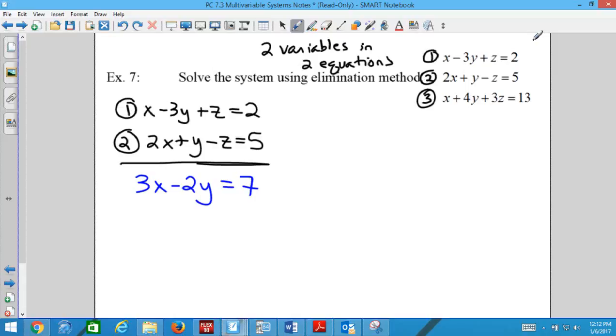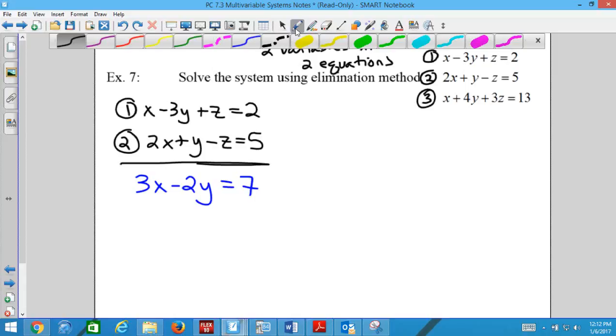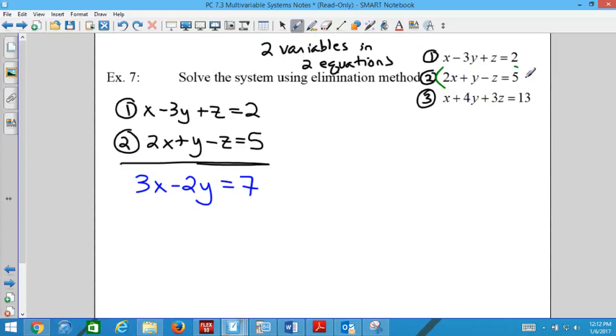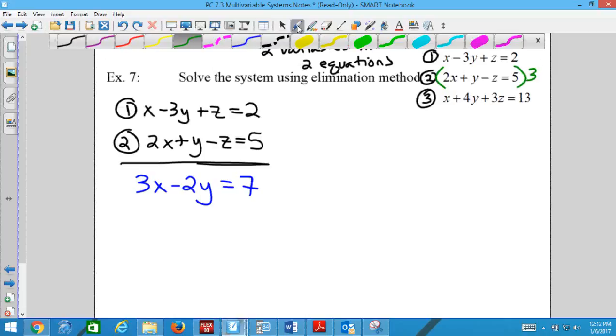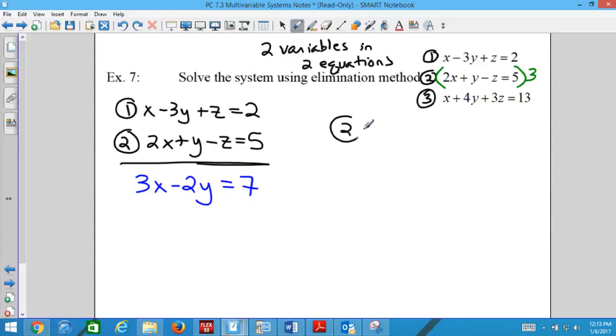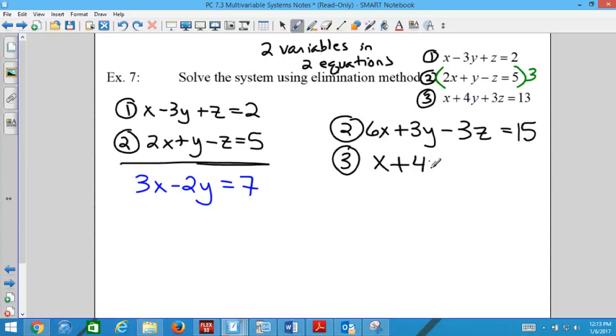I could use 2 and 3. I could use 1 and 3. 2 and 3? Okay. So if I use 2 and 3, can I just eliminate z as is? Multiply 2 by 3. So I've got equation 2 now as 6x plus 3y minus 3z equals 15. And then equation 3 is x plus 4y plus 3z is